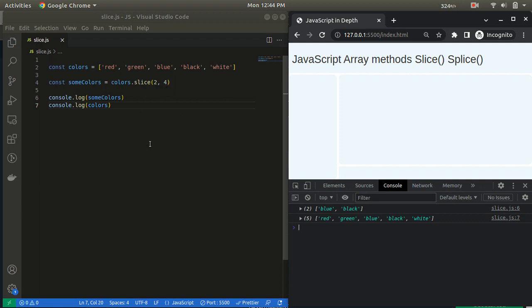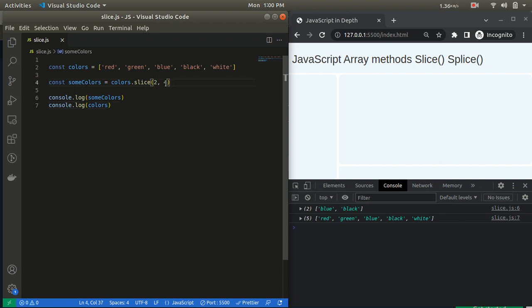It doesn't change the original array. Now if we pass a negative number here, it will select elements from the end of the array. I have passed -3, so it will count from the last element, white. So the output is blue, black and white. This is the first, second and third.